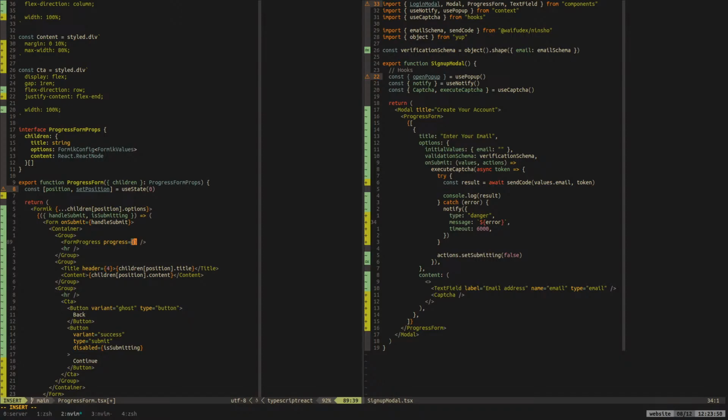Okay, but back to this expression thing. It's going to be children.length probably, and then something with position. So let's see, it's just going to be position divided by that.